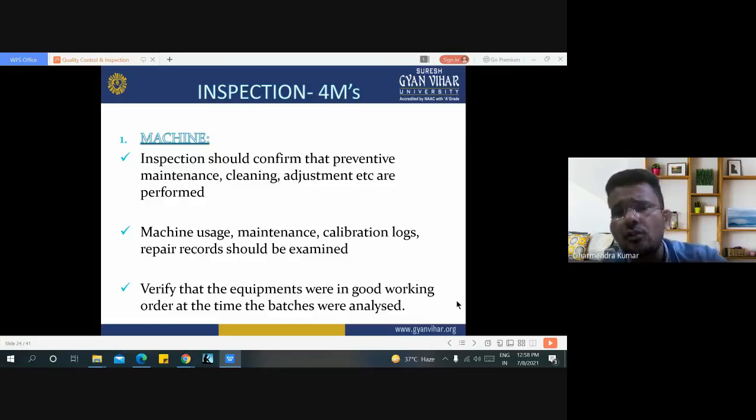It also verifies and examines that each and every component in that particular machine is in good working condition or not. This is the overall form of inspection of machines.